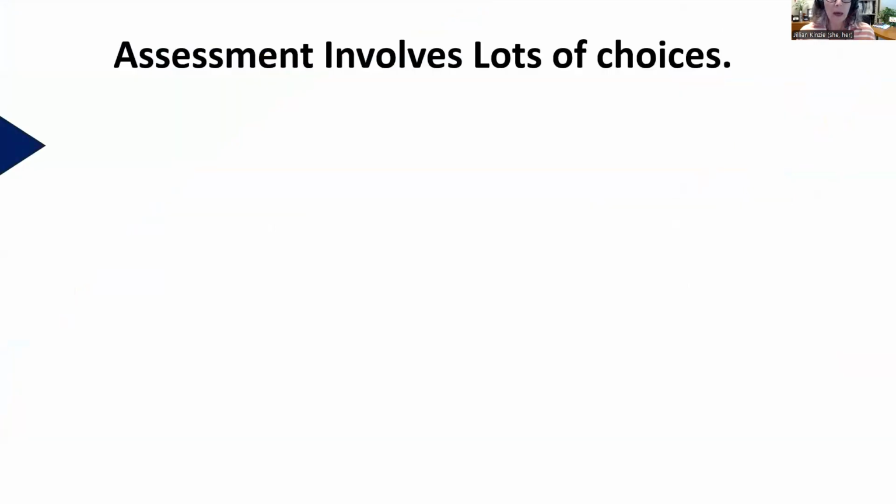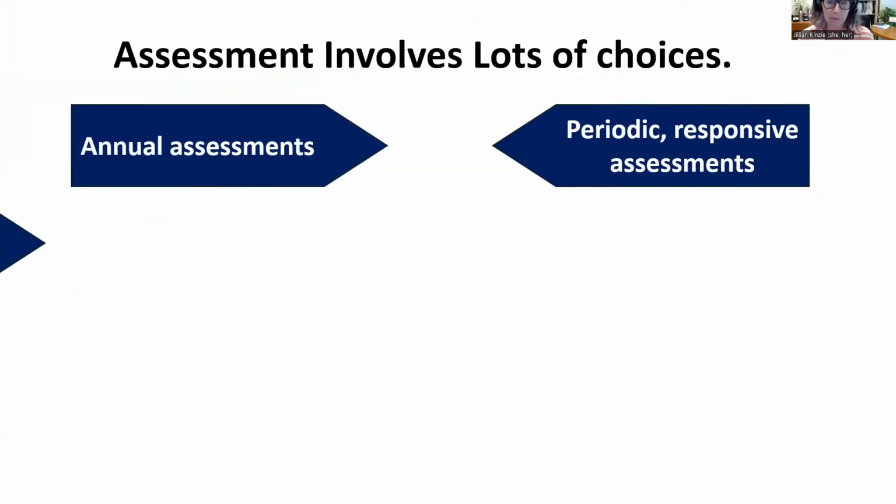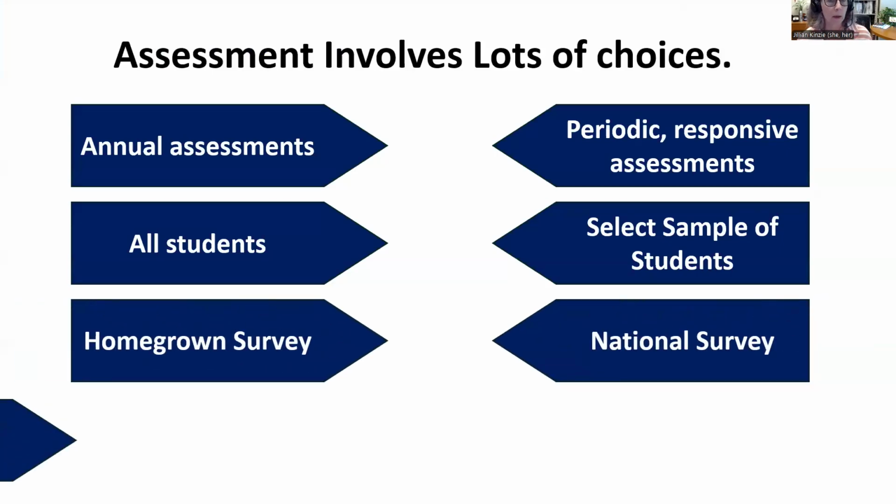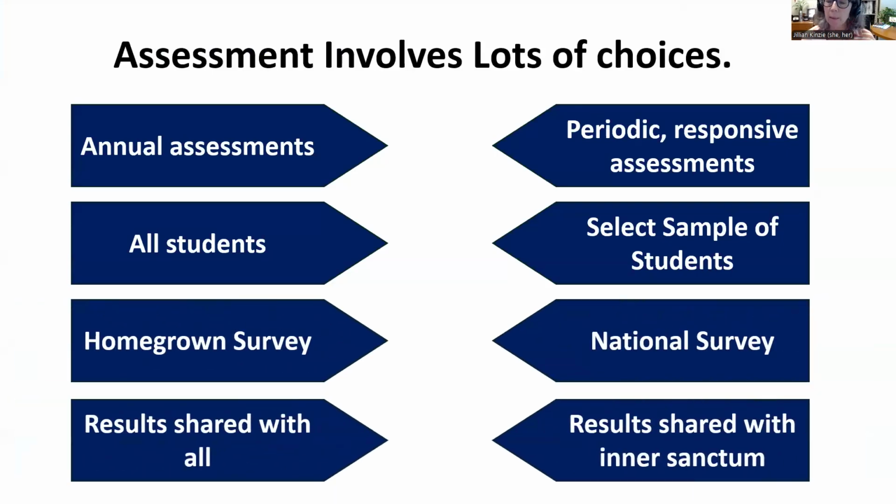So this is about making choices, and assessment by its very nature involves a lot of choices. How often are you going to do assessments? Are they going to involve all students or a purposeful sample? Is it going to be a homegrown survey or a national survey? How are you going to share results? Always a series of choices. And the choices that are made affect all of these things, namely how results get used. So we want to make good choices at the front end about what we're assessing and who we're involving